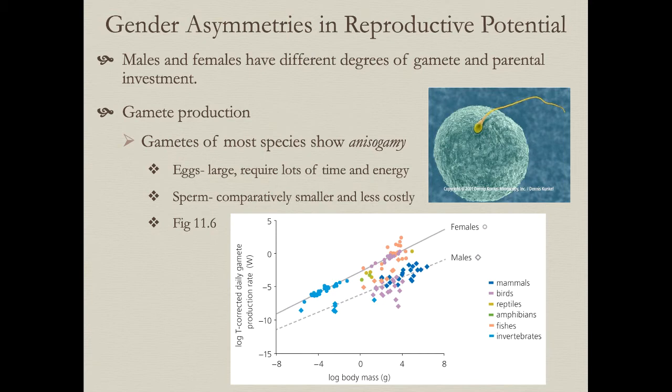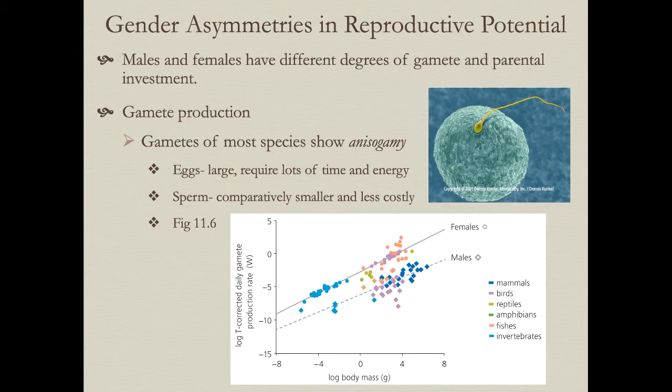Each egg is extremely valuable, takes a lot of time and energy to produce. Sperm is relatively easy to produce, less costly. And this is going to greatly influence mating tactics and the differences between mating tactics between males and females. So this figure here shows you that across a variety of animals, if you control for body size and you look at the daily expenditure, which is on the y-axis, in the production of gametes, females are always spending a lot more energy each day than males are in